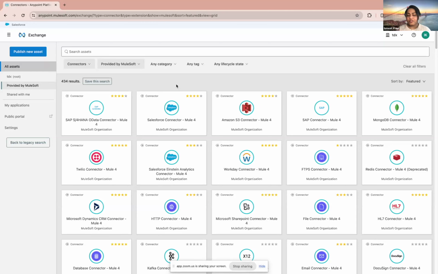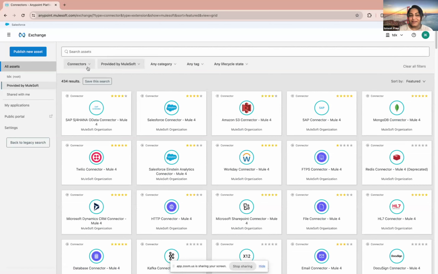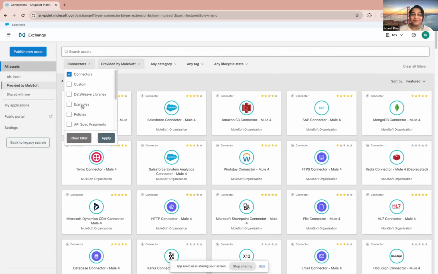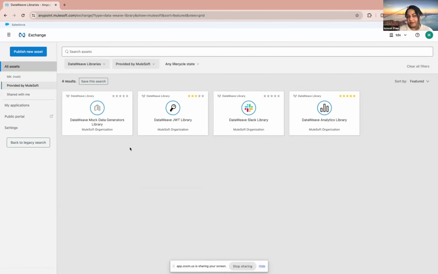All of them try to enhance and make MuleSoft grow. So you can create your own connector with the help of community collaboration, and host it for everybody to use. You can do all that. You can also get your connector certified by MuleSoft. There are a lot of programs. Let's not go into a lot more detail, it's going to take all of our time. And then we also have some DataWeave libraries which you can use, ready to download and reuse. So that's that. Going back,